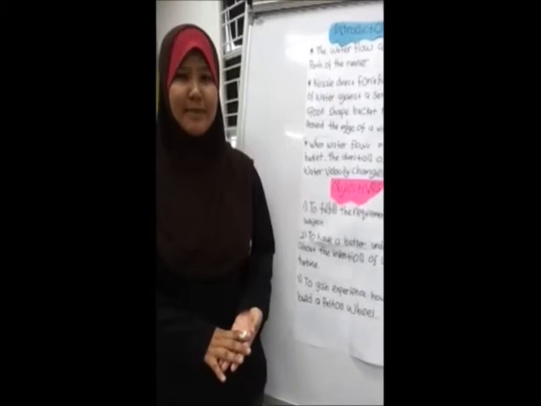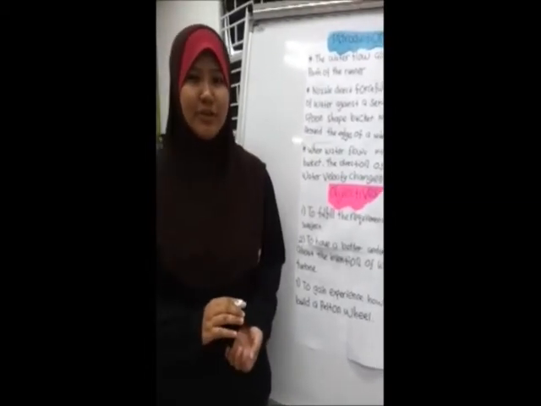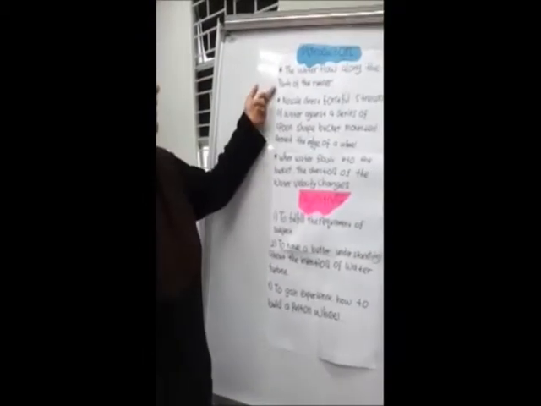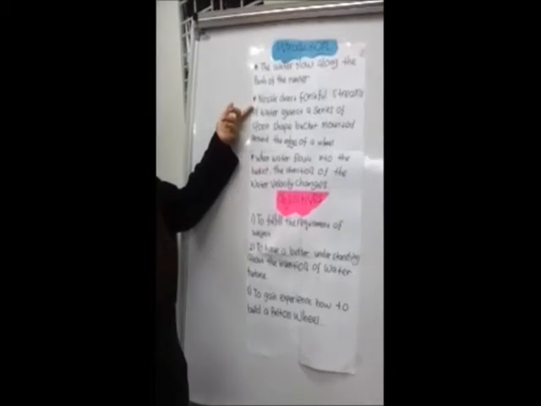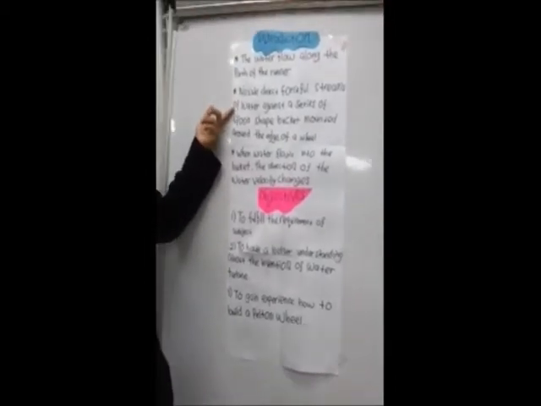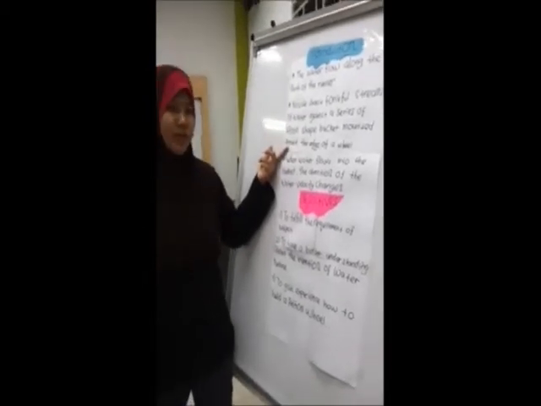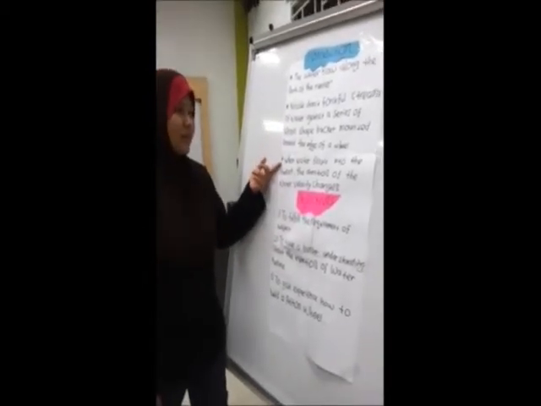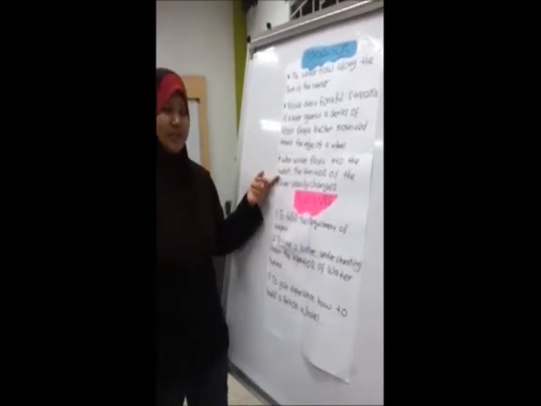Today I will explain in more detail about our group presentation. First, I will talk about the introduction. First, the water flows along the part of the runner. Second, the nozzle directs a forceful stream of water against a series of spoon-shaped buckets mounted around the edge of a wheel. Third, when water flows into the bucket, the direction of the water velocity changes.